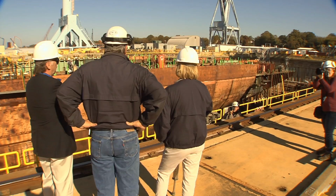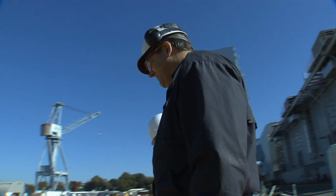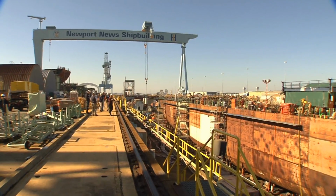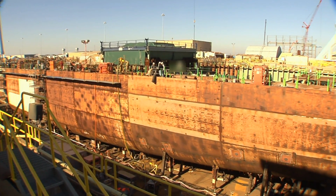Kennedy, CVN 79. It is an amazing legacy, and when I look at the whole class once it's complete, which I will be long gone, but that my grandchildren will be able to carry on that legacy of the family and to watch it grow. And it's exciting to see the progress, and that it will be the Ford class. The Ford class, people go, oh, I mean, you know, that's certainly a badge of honor, and I'm proud to